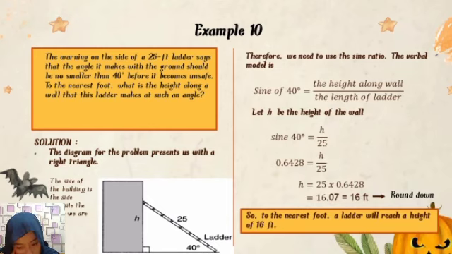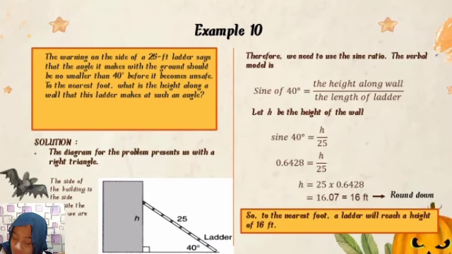example is example 10 with the question: the warning on the side of a 25 feet ladder says that the angle it makes with the ground should be no smaller than 40 degrees before it becomes unsafe. To the nearest foot, what is the height along a wall that this ladder makes at such an angle? Solution: